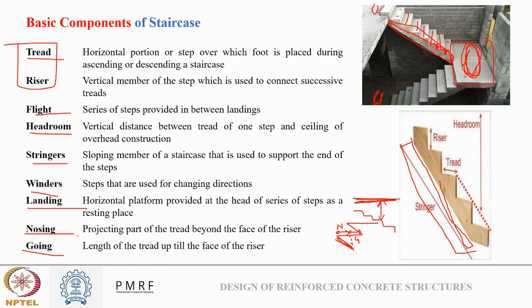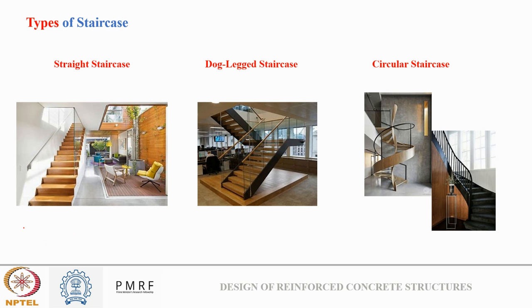You can see here also the projecting part of a tread beyond the face of the riser. So this is my face of the riser. The part beyond that is known as nosing, and the part before that is known as going. These are the main terminologies, the main components of a staircase, that one must know while designing. Now, based on these, there are basically three major types of staircase: straight staircase, dog leg staircase,